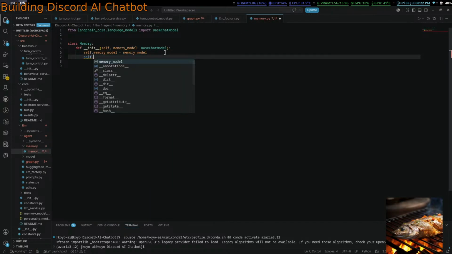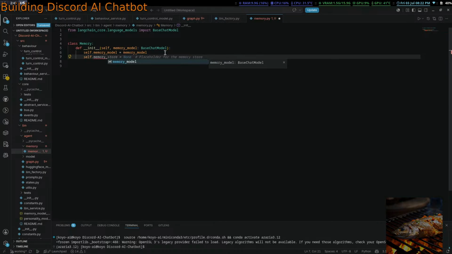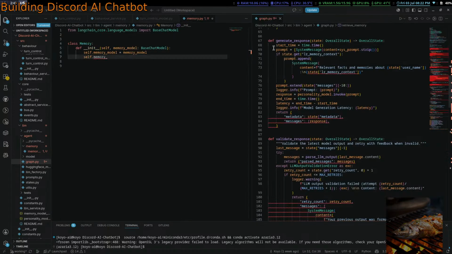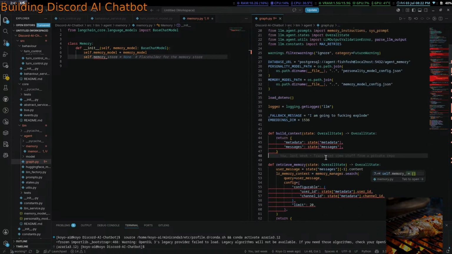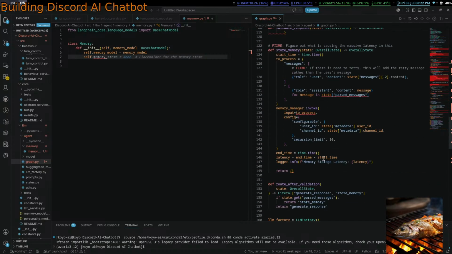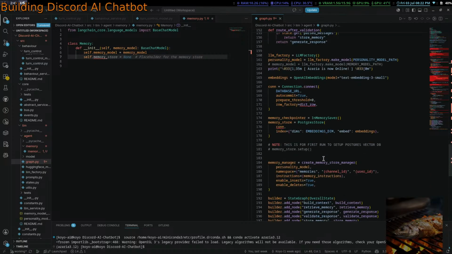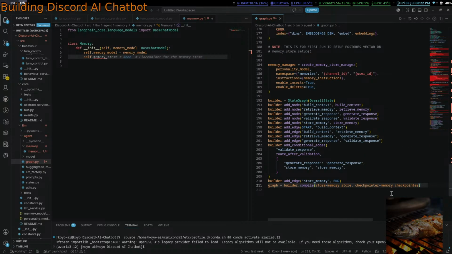And then self.memory. Is it memory manager, memory store? Retrieve memory. Okay, memory store, memory, they're all here. Checkpointer equals memory checkpointer, builder.compile.